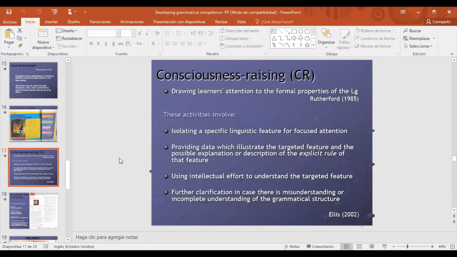Consciousness raising. Consciousness raising stands for or means that we should draw learners' attention to the formal properties of the language. So these type of activities involve isolating a specific